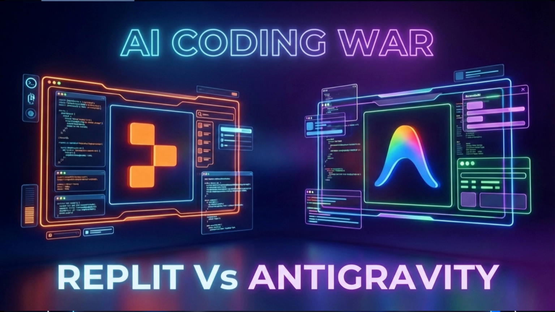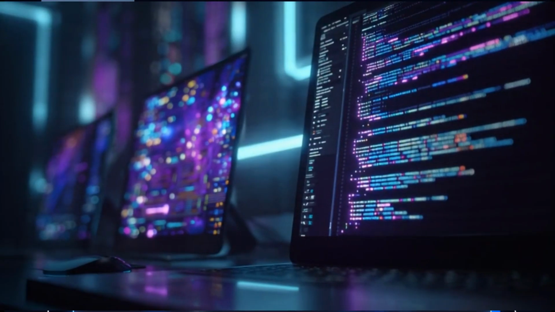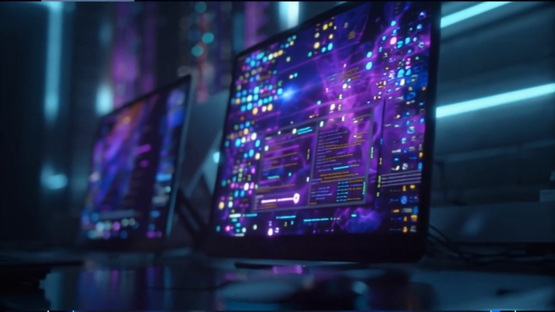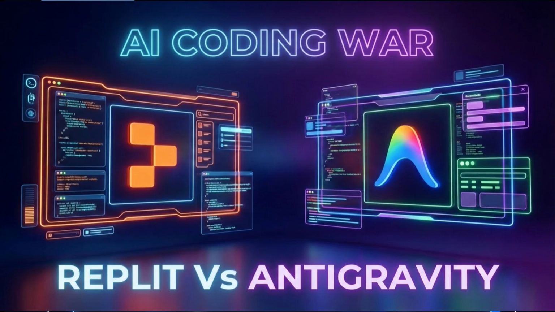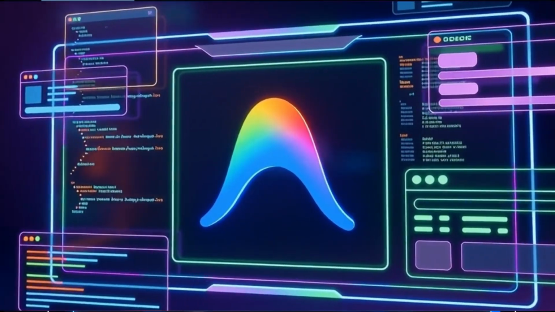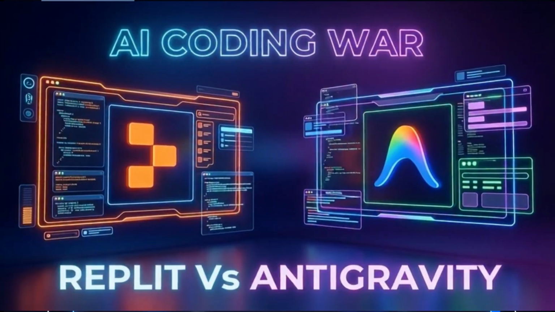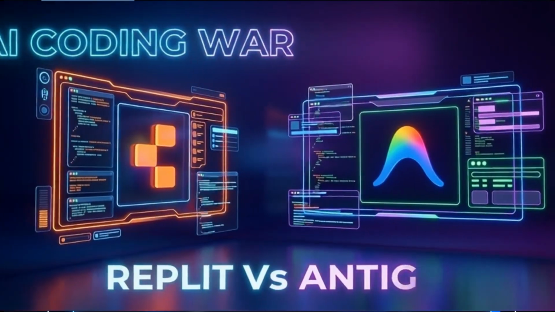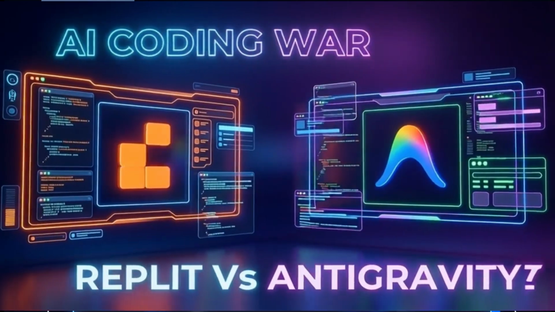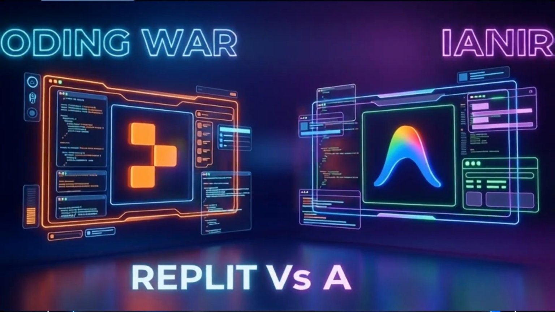Okay, so let's get right into it. We're seeing a massive shift in how software gets made, and leading the charge are two heavyweights with totally different visions. In one corner, you've got Google Antigravity, which is kind of like having an AI workforce at your command. And in the other corner, you have Replit, which has basically built a full-on AI factory. And this isn't just about some fancier coding tools. No, this is a battle for the future of development itself.